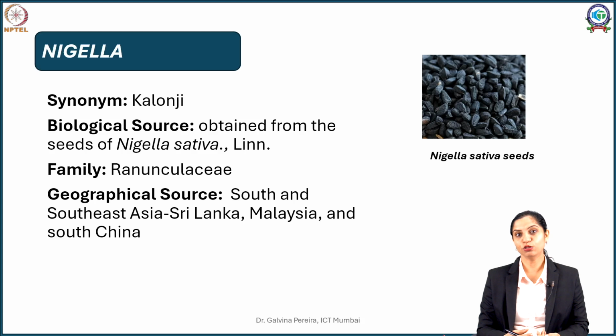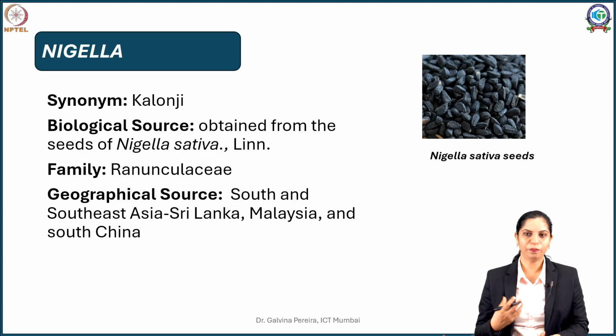Now this increase in usage has basically happened in the hair care industry, where Nigella seeds are also sold as onion seeds. So onion seed oil is chiefly your Nigella seed oil. That's another common name, also referred to as your kalonji oil. So this is obtained from the seeds of Nigella sativa. Some people even call it black cumin, but it has nothing to do with cumin. It's not an Umbelliferae family member. In fact, it is a Ranunculaceae family member.